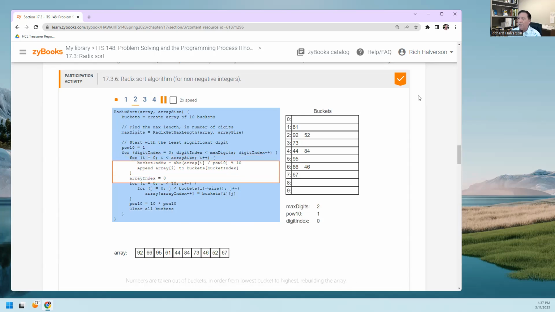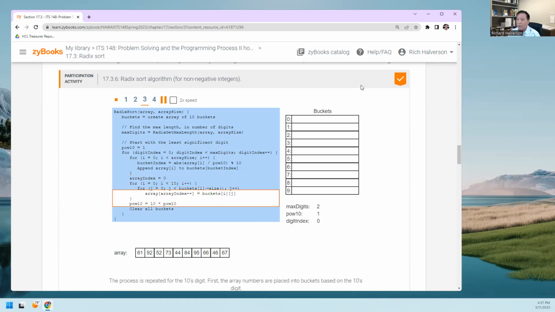And then we're going to copy them all back out again in the order that they're in the buckets, just like that. And then we're going to increase the power to 10, and we're going to clear all the buckets, and start again, but this time we're going to use the second order digit. So now we're going to increase that, clear all the buckets, go back up to the top, start again, and we're going to fill up the